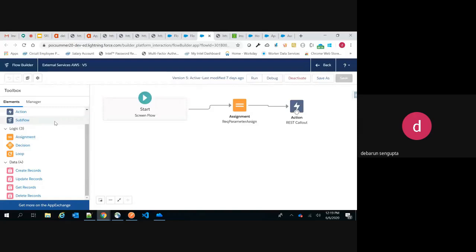Yeah, so what you can do is store the access token in this variable, and again you can drag and drop another action element. You will get the schema here in the external service. You will have to drag and drop basically two actions here. One action will be to call the Apex class which got created for the token, and using that saved token you call the next one. You drag and drop another action element, and from the drop-down where we were getting all the Apex classes, you choose the actual base endpoint class and pass this access token which you retrieved in the previous step.